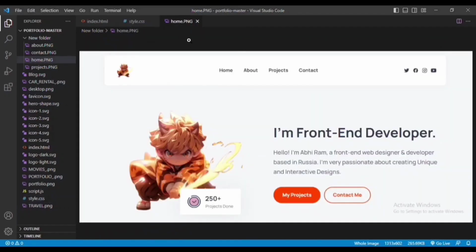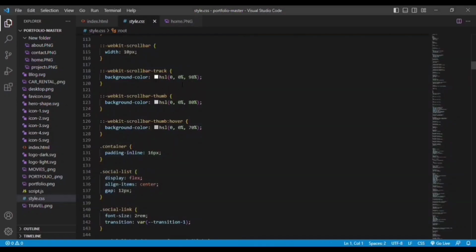This is the scroll. This is how you implement a scroll bar on your personal website. Then you can give the background color to it, and you can mention the hover effect also. So whenever you hover onto that scroll bar, you can see here